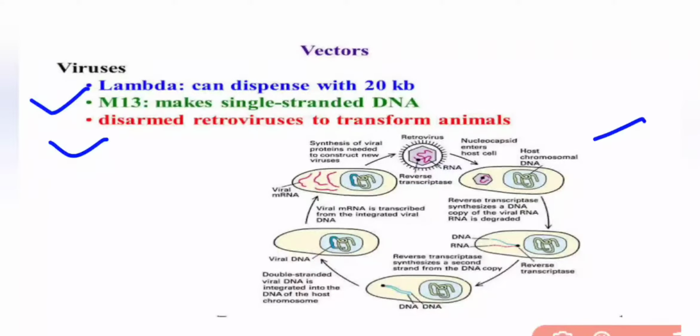Here in this diagram you can see retroviruses containing RNA as genetic material, and an enzyme, that is reverse transcriptase. The nucleocapsid part will enter into the animal host cell, and will get inserted after making DNA from the RNA. It will get inserted into the host genome, and then it will replicate, form the viral DNA, form its own copies, and then the capsid protein part is also formed. It will lyse the host cell and will spread to the other cells.